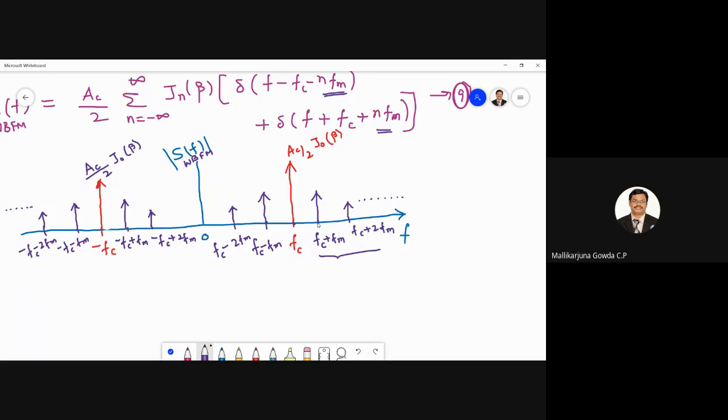Yes, I hope this point is understood. For single tone modulating frequency, in case of wideband FM, I have n number of side frequencies from the carrier frequency. But in case of narrowband FM or standard AM, I had only 2 side frequencies. That is, one is FC plus FM, another one is FC minus FM. Okay, so now I will come to your approximation.